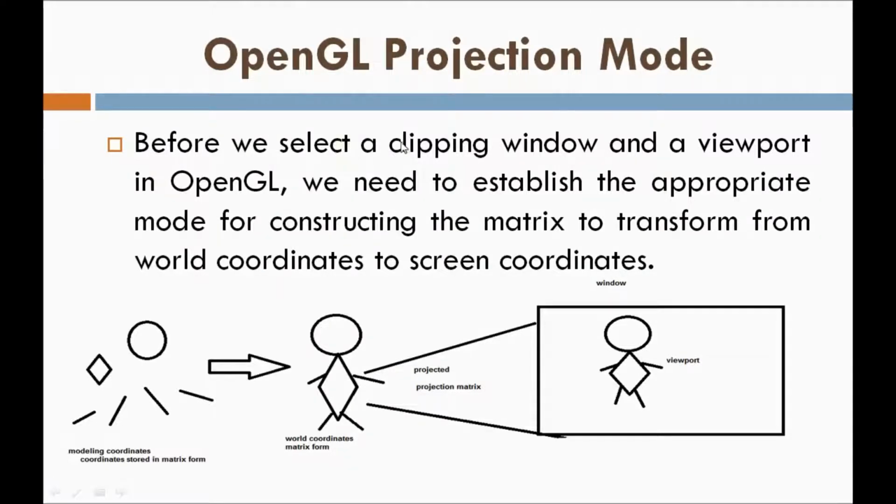I told you, projection means whatever contents need to be displayed. For example, the scene contains the models. Here my scene is nothing but a set of geometrical objects. You can see here, earlier the geometrical objects will be in the modeling coordinates, and all the coordinates will be in matrix form only. Remember this, very important. Here the modeling coordinates will be converted into world coordinates, and all the contents of the world coordinates are also in matrix form only. Then the world coordinates are projected. That means the contents need to be in the projection matrix first.